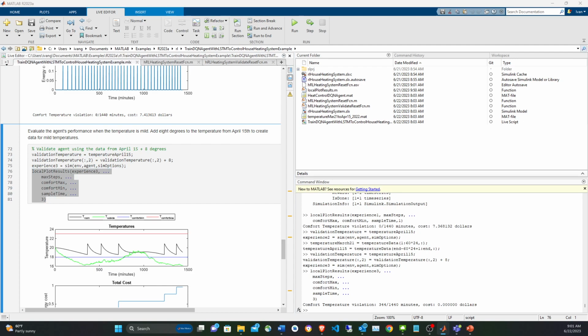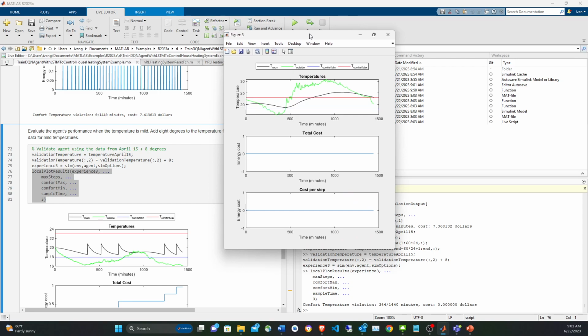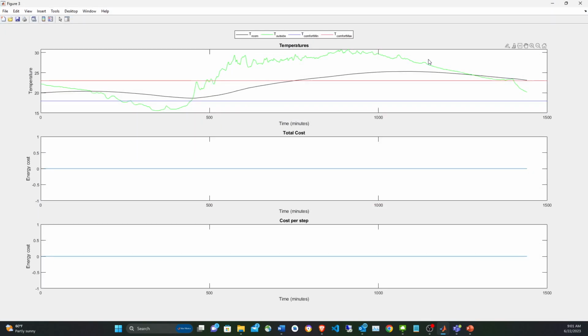Okay, I had to move it. So here it is. So you can see that the outside temperature is hot. So the room temperature... That's kind of weird. The last time I ran this it didn't happen. So it went above. So it kind of performs well for controlling cold temperature. It doesn't let it go below the cold temperature, but when it goes too hot, it was not ready for